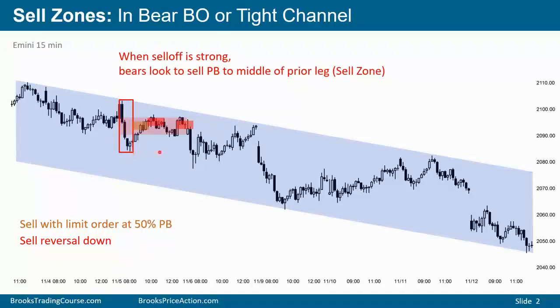Minimum goal is a new low. The risk is equal to the reward if you sell the 50% pullback. But the market's in a bear trend, and therefore the probability is higher that you'll get down to the reward before you get up to the stop. Therefore, the trader's equation is good.